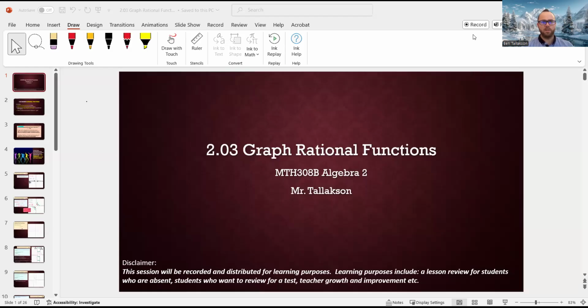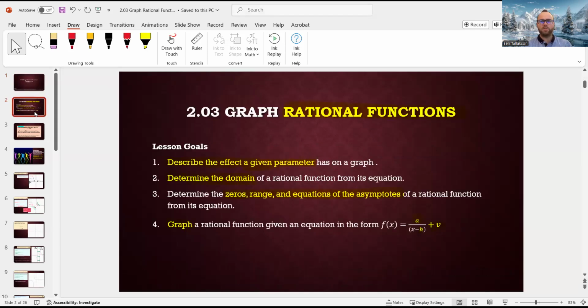And now we're going to take a look at 2.03 graph rational functions. Rational functions are something we looked at in 2.02. Those were specifically called reciprocal power functions because they had the variable of x in the denominator of a fraction. And yes, you will see that again today, but now we're going to look at transformations, which has to do